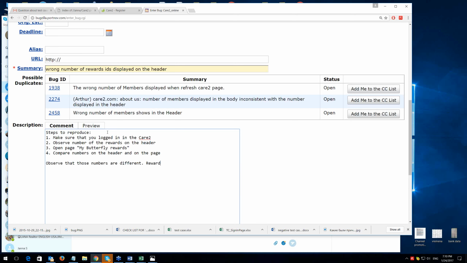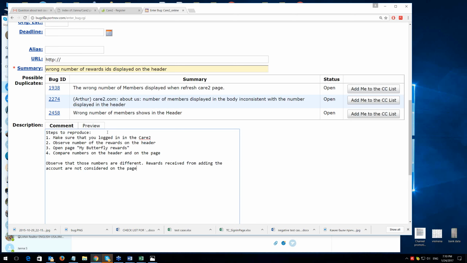Rewards received from adding the account are not considered or counted on the page.